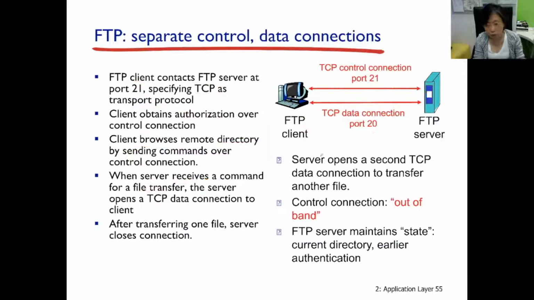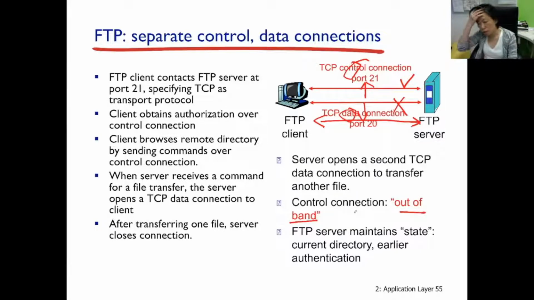After transferring a file, the server is going to close the data connection while the control connection remains on. If the server needs to send another file, it would start yet another TCP connection and send the file over there. Okay. So such separation of control and data content on different channels, in communication, we call out-of-band communication. If you think a little bit more, in HTTP, there are 2 messages, right? HTTP request, HTTP response. Which one is data? Which one is control?